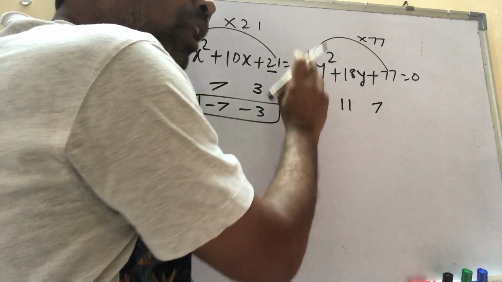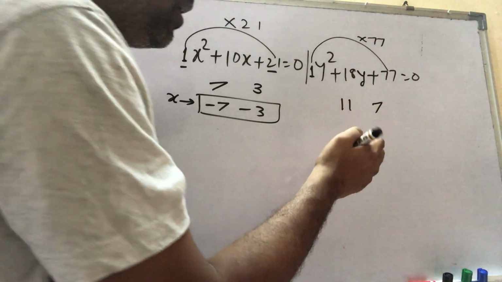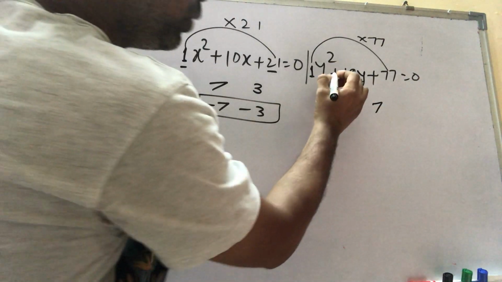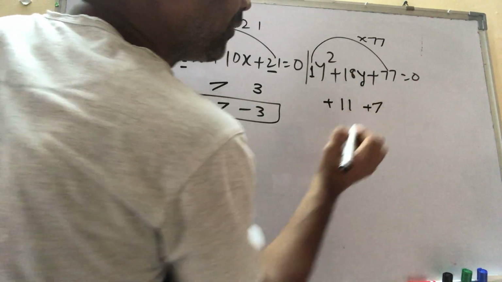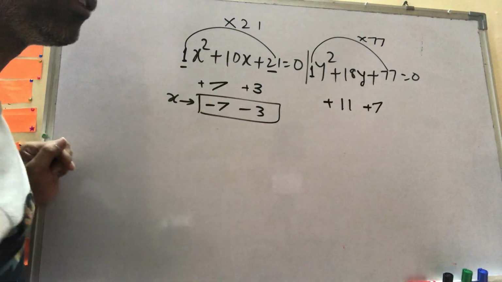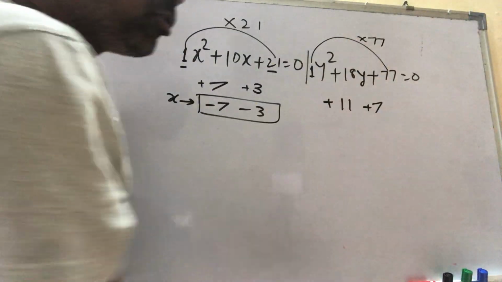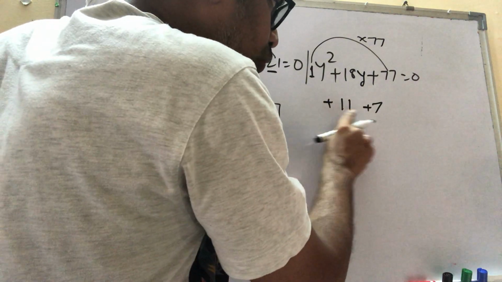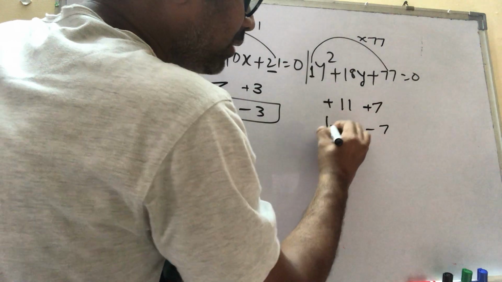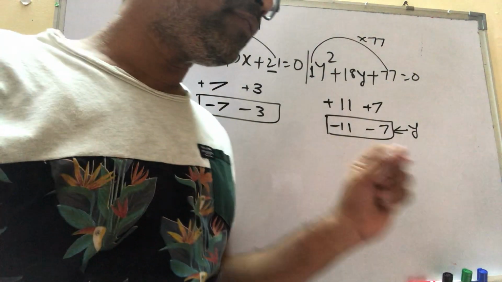Now what we'll do here, again here we have a 1. So whenever there is a 1, we will not divide those factors by 1. If other than 1, then we will divide by that number. So again here we have plus plus and is equal to 0. So obviously those two factors would be plus 11 plus 7. Then only I will get plus 18. Here also plus 7 plus 3. Then I will get plus 10. Now I will take plus 11 and plus 7 on that side. When you take those numbers on that side, it will become minus, because those two numbers are positive. So minus 11 and minus 7. These are the coefficient of y. Is this clear, everyone?